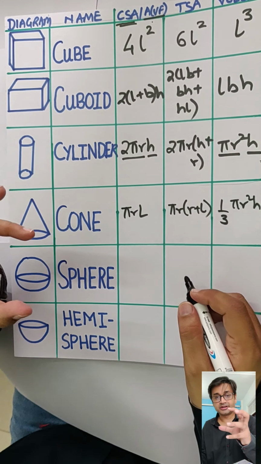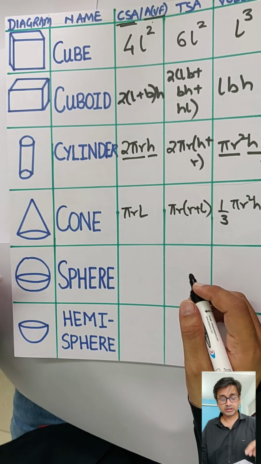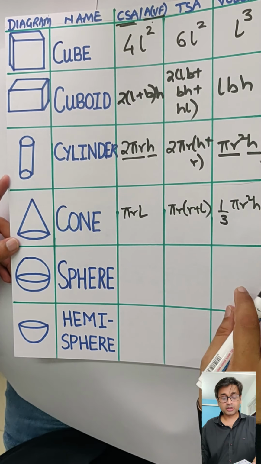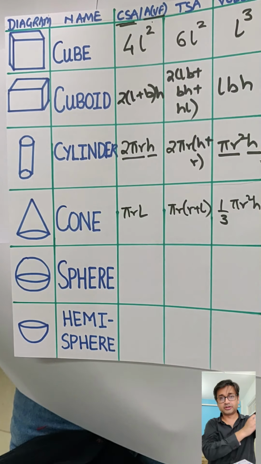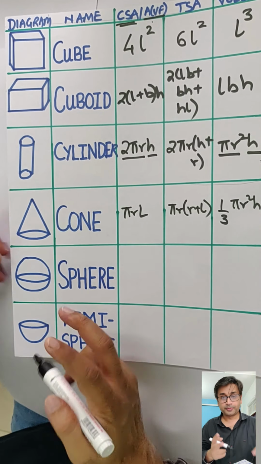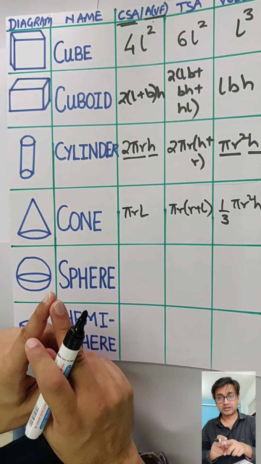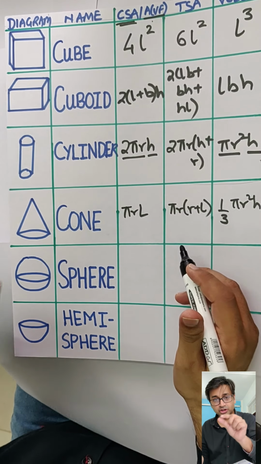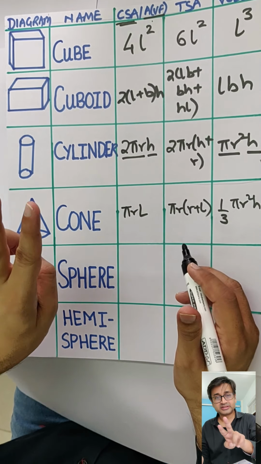Now a sphere is a ball, a cricket ball or any kind of spherical shaped object. For the curved surface area of a sphere, there is a beautiful video again on YouTube. If you want, you can go and check. I have not made it because it takes a lot of time for animation and I'm not that intelligent. What they did is they opened the sphere, cut it into smaller pieces, and fit them into circles. From a sphere they're converting into a circle, that is 2 dimensional, and they fit those pieces in that circle. When one circle of the same radius gets filled, they go to the second circle.